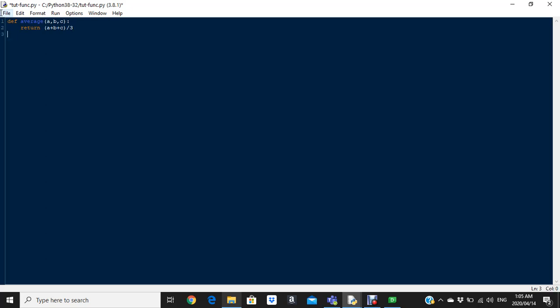Again, now when you call this function, let us print,